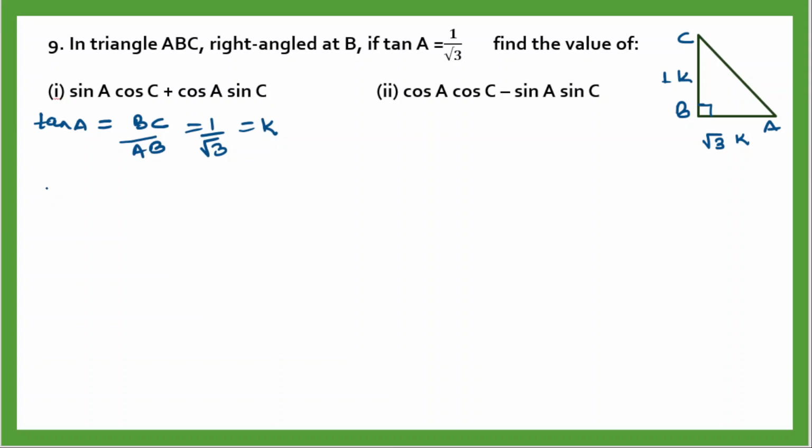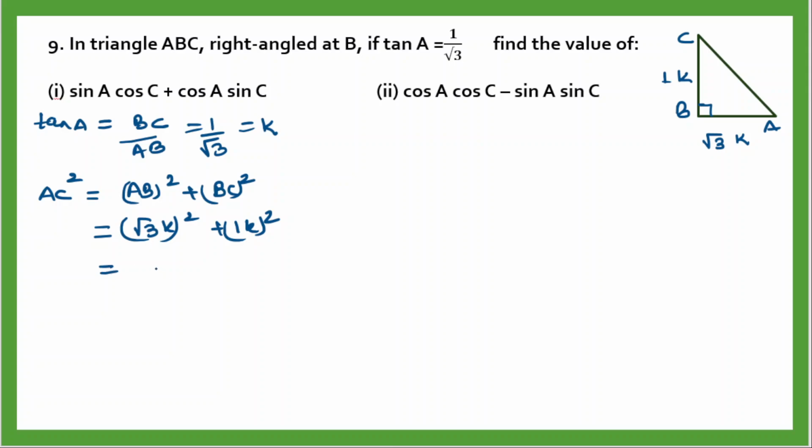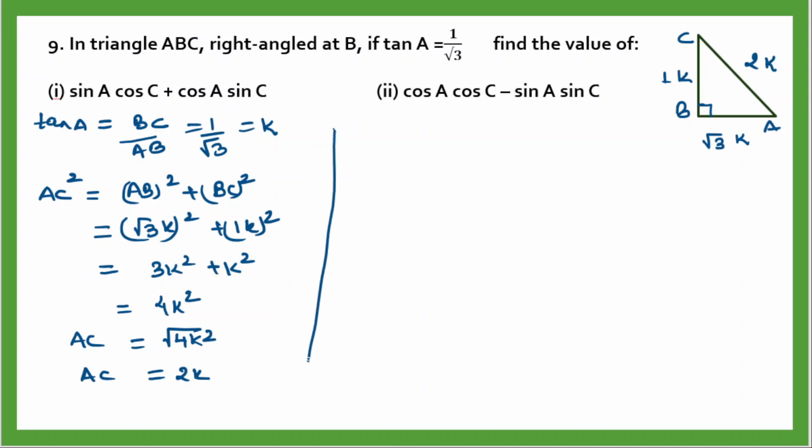You can calculate AC as under root of AB square plus BC square. So it is equals to under root 3K square plus 1K square. It is equals to 3K square plus K square, which is equals to 4K square. So you can write AC as under root of 4K square. So AC is equals to 2K. So this is your 2K. Now you have to calculate sin A cos C plus cos A sin C. So you can calculate